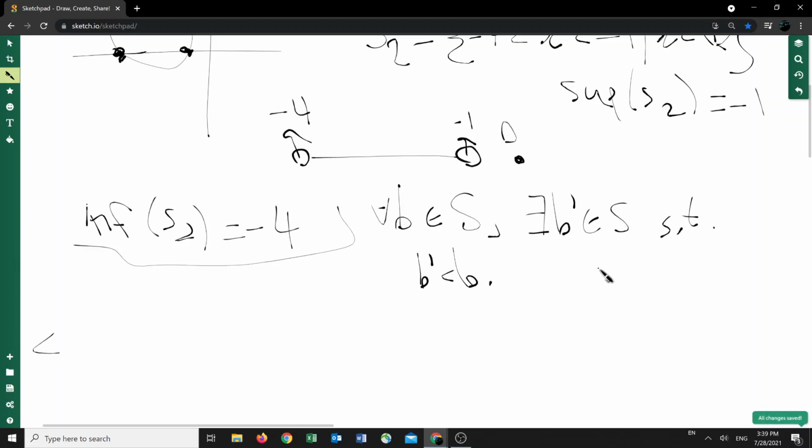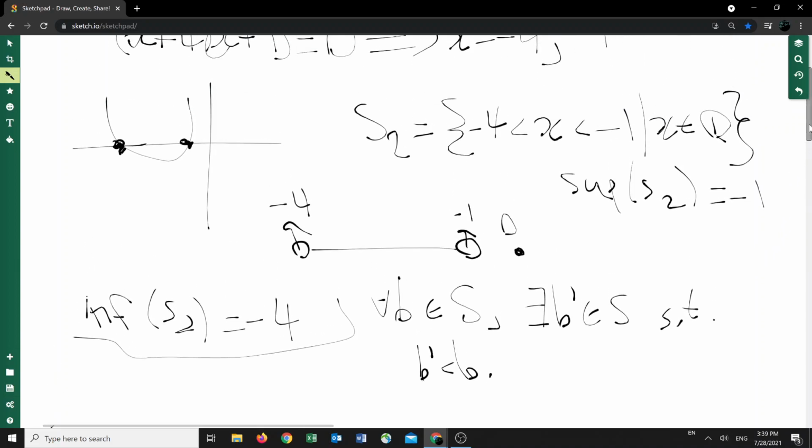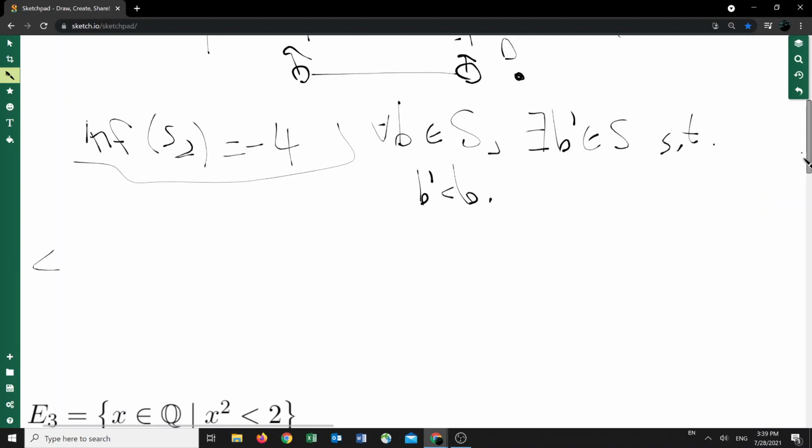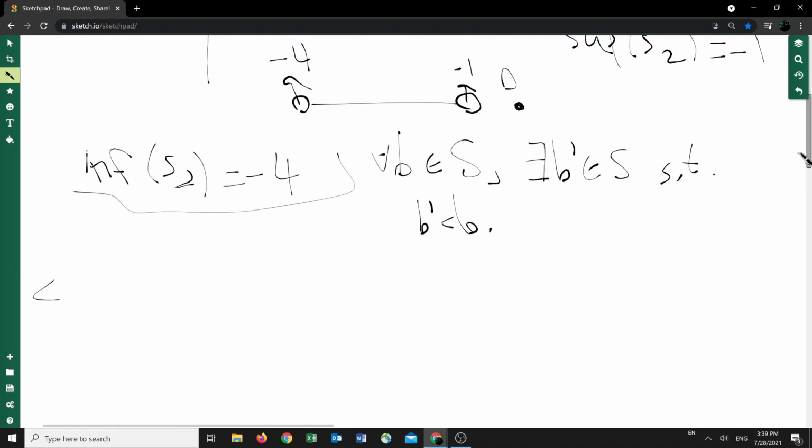So there's no infimum inside the set. Okay. Well, let's see. Again using the midpoint argument,